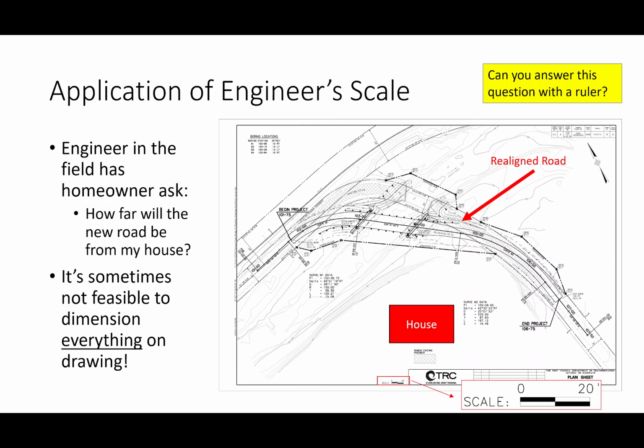Now, you have engineering drawings. You didn't dimension that. You had no idea that a house was going there. But you have a question that needs answering. How do you answer that? Well, the answer is with the scale. For example, this drawing has been printed such that 1 inch on the page equals 20 feet in the real world. So if the homeowner says my house is going to be about right there, break out an engineering scale, measure it, and you can determine the distance.